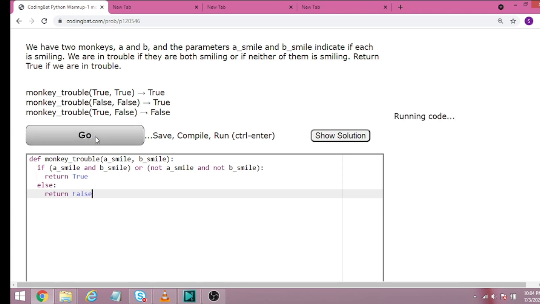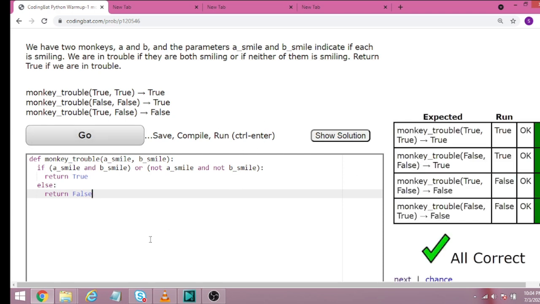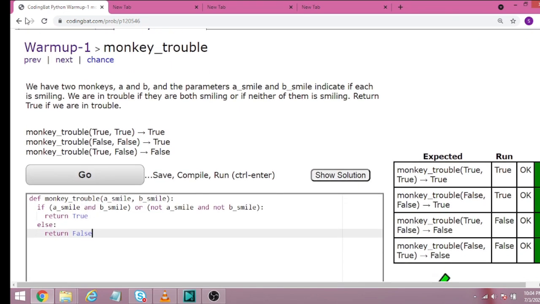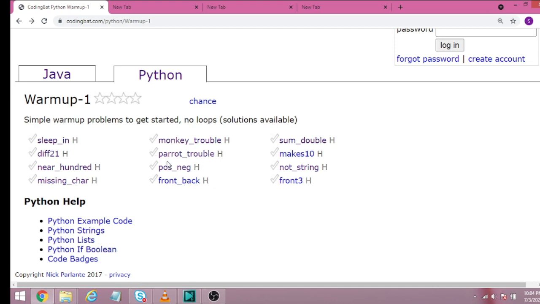We'll see the output. It is getting passed. I think you understood this. This is a simple logic in Python. We'll move back and see the other question.